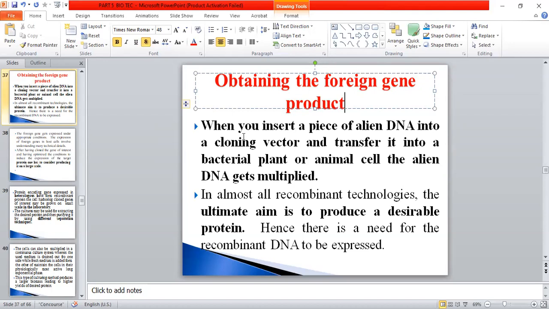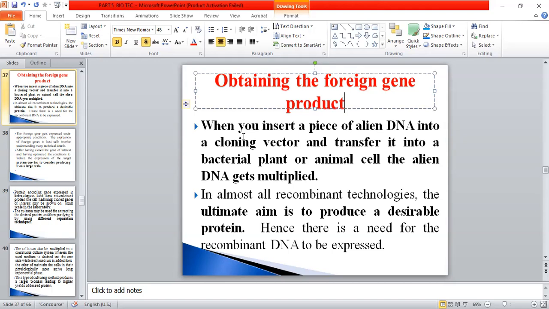See, in almost all recombinant technologies, the ultimate aim is to produce desirable proteins. That is very, very important. So the end of gene product, biotechnology or genetic engineering, whatever it may be, what will be the ultimate aim? You should produce desirable proteins only. For example, take immunoglobulin. It is one of the protein molecules, isn't it? We cannot synthesize